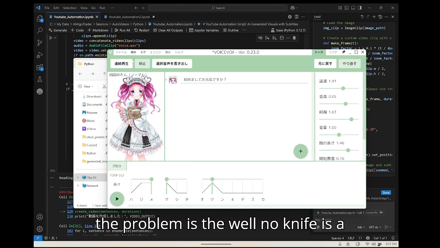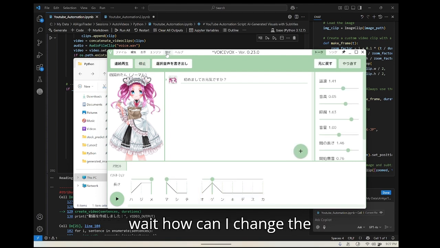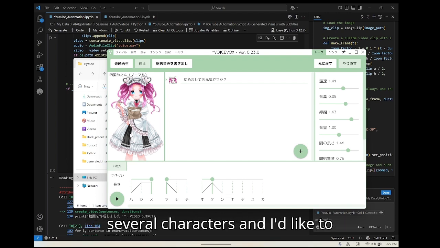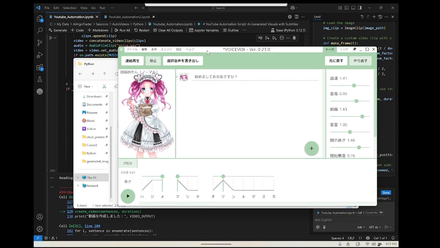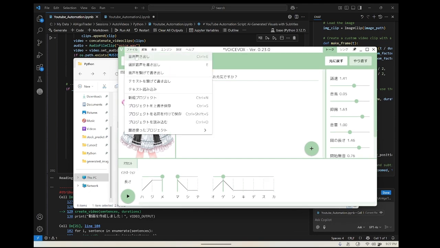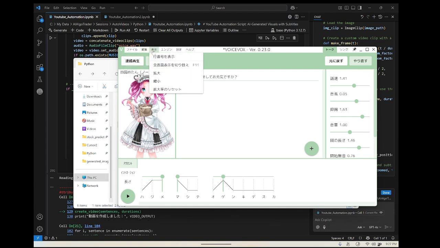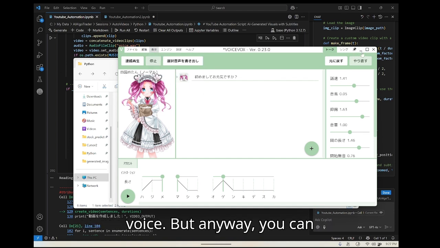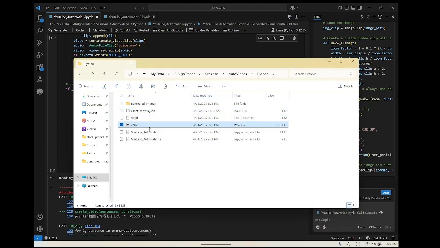Okay, so the problem is, well, I don't know if it's a problem, but how can I change basically the character, because they have several characters, and I'd like to see how I can use another one, but I have to check. I have to check how I can completely change the character. So not this, but for instance, a male voice. But anyway, you can see that it works, and I have this voice and